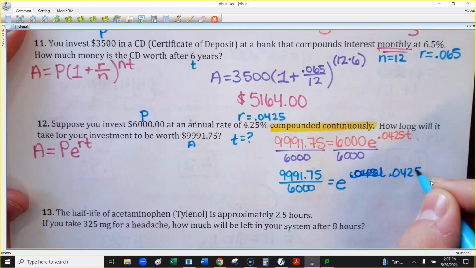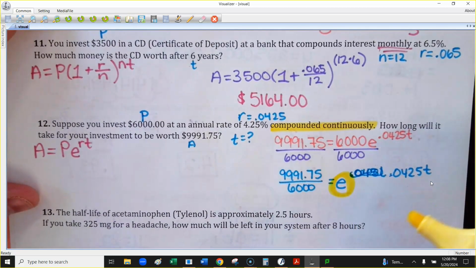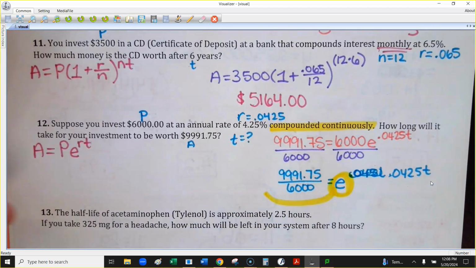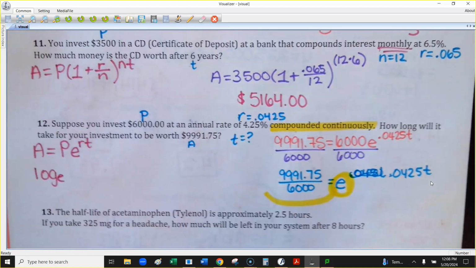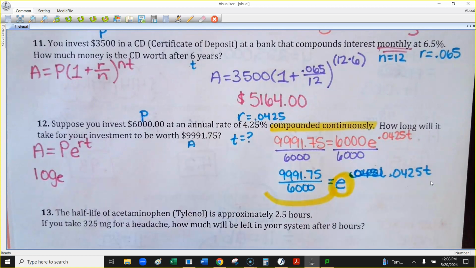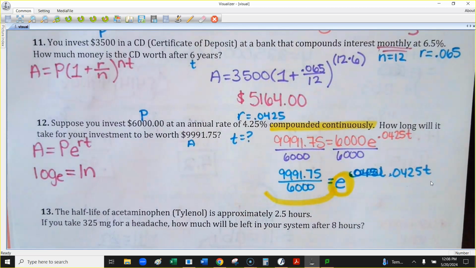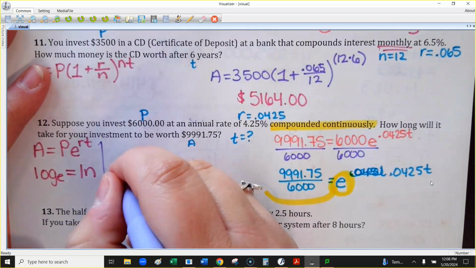0.0425 T. The only way to drag that exponent down on the level with the rest of the question, we've got to swing this and convert it to a log. So what you've got to remember with e, I'm going to write this to the side just in case you guys forget, is that it would swing to the side and be log base e, but that has its own special button, the natural log. So if you're working with e and that's going to become a base, we're just going to use the natural log. What I'm actually going to type into the calculator is natural log,